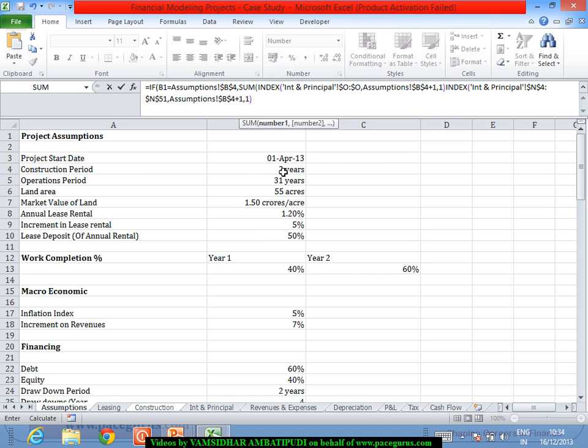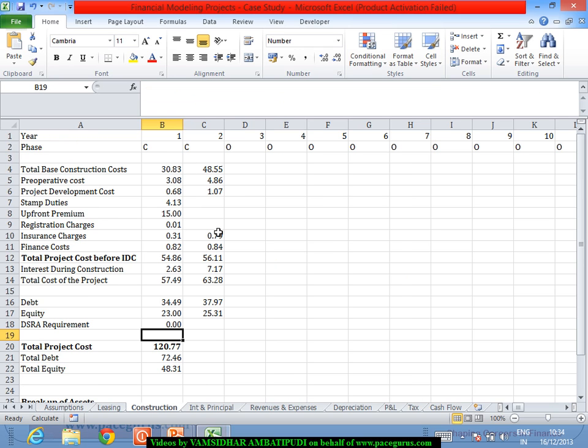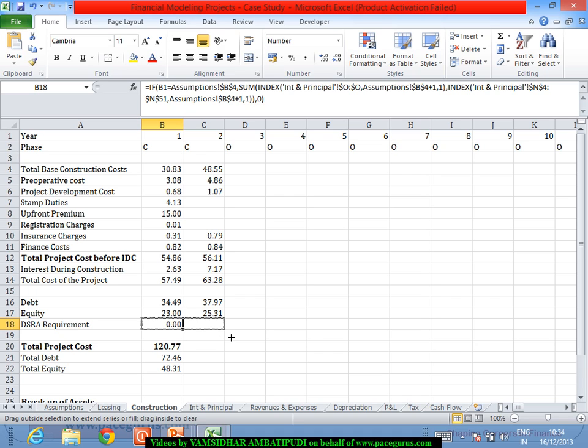So I'm adding up the index of the first as well as the second, especially if it is the last year. And if it is not the last year, I am leaving it with a 0. Now because of that, what happens in this year, the DSRA requirement is coming out to be something like this,